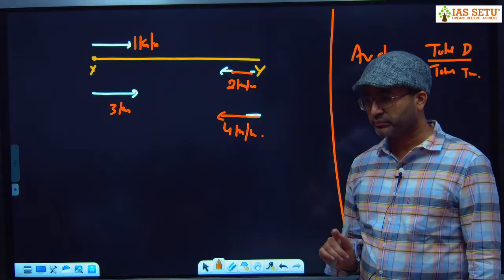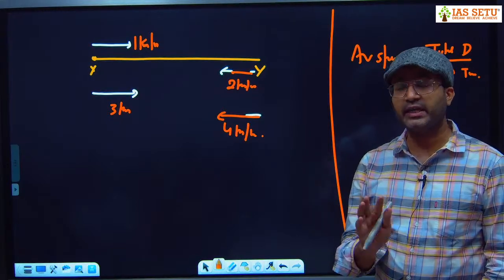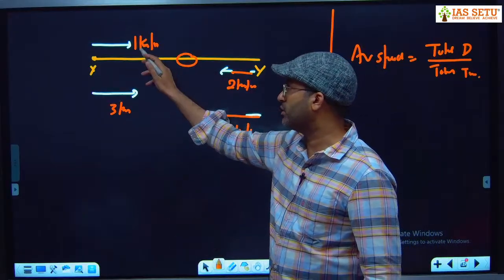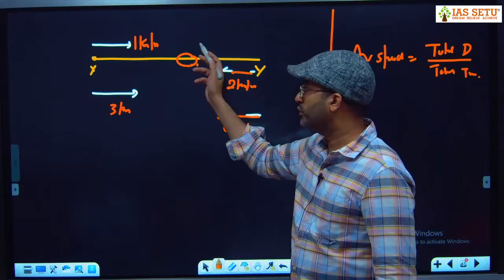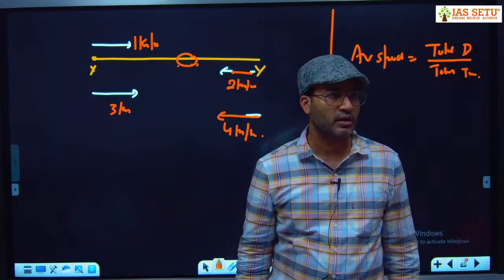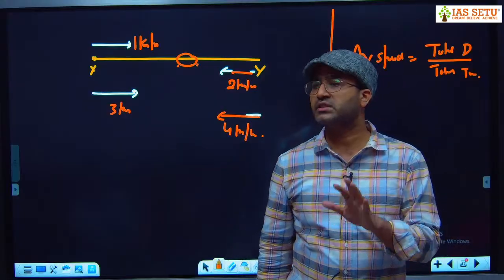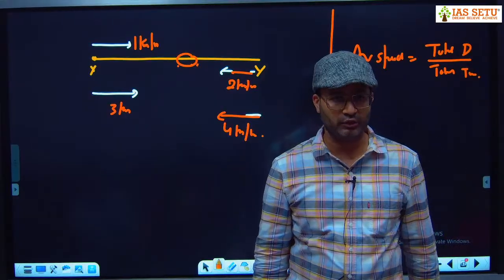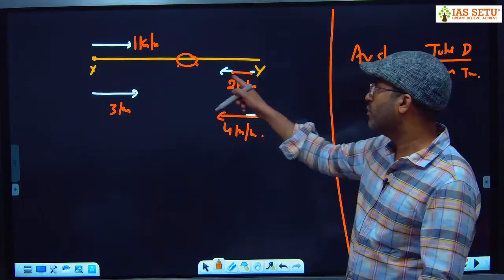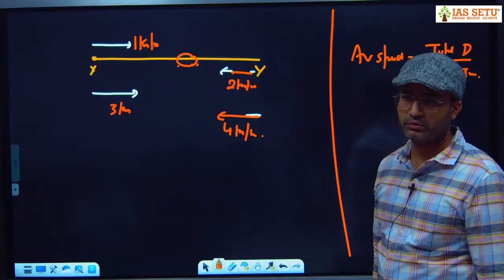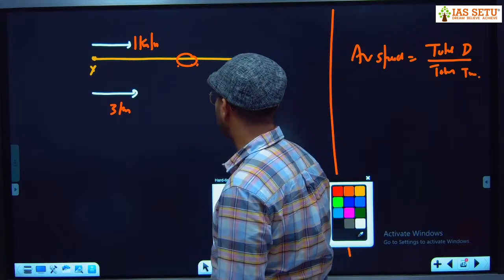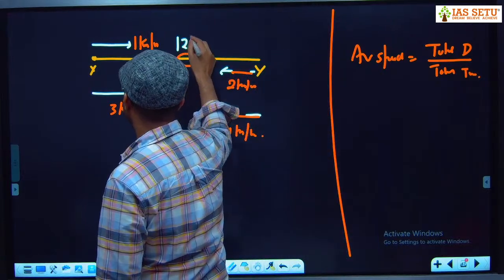And I tell you in my theme based lecture, I tell you in detail, if we are looking for a number which you have to divide by 1, which you have to divide by 2, which you have to divide by 3, which you have to divide by 4, better take LCM। अगर कोई नंबर को 3-4 अलग नंबर से डिवाइड करना पड़ेगा तो उनका मल्टीपल ही ले लो, क्योंकि डिवीजन में फिर डेसिमल या फ्रैक्शन नहीं आएगा। व्हाट इज एलसीएम ऑफ 2, 3, 4? 12। तो वी एज्यूम लेट टोटल डिस्टेंस इज 12 किलोमीटर। हमने टोटल डिस्टेंस 12 किलोमीटर मान।